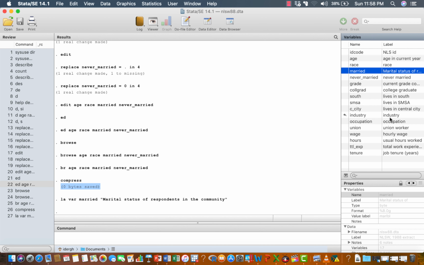If you want to attach a label description to a variable to make it more meaningful, or to make the users of your data understand what each variable stands for, you use the command lavar, or label variable. Okay,